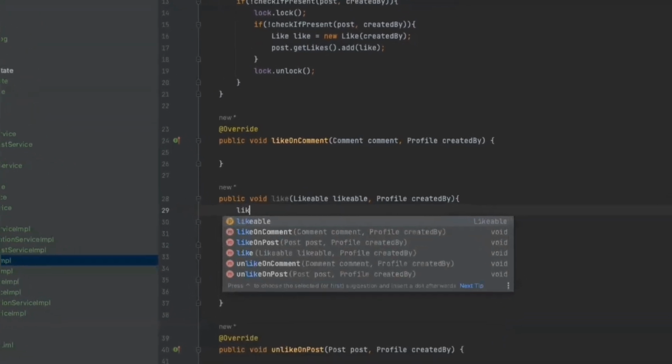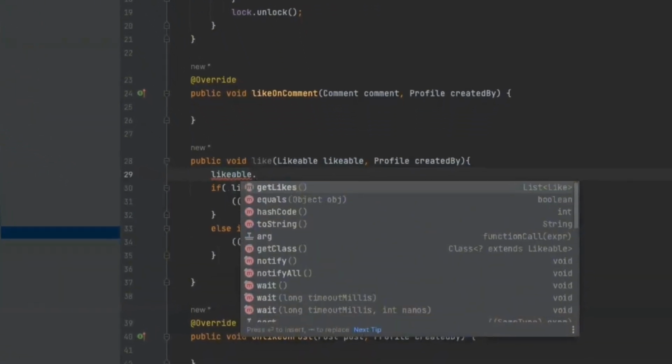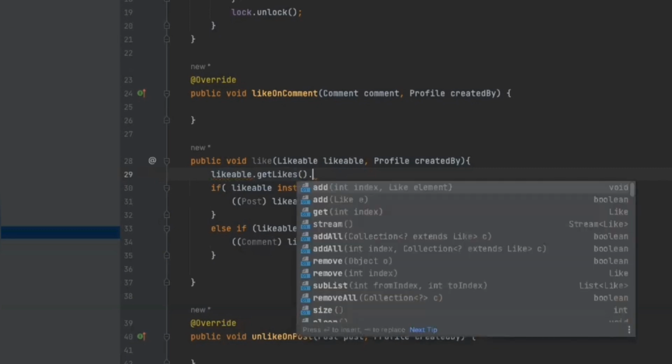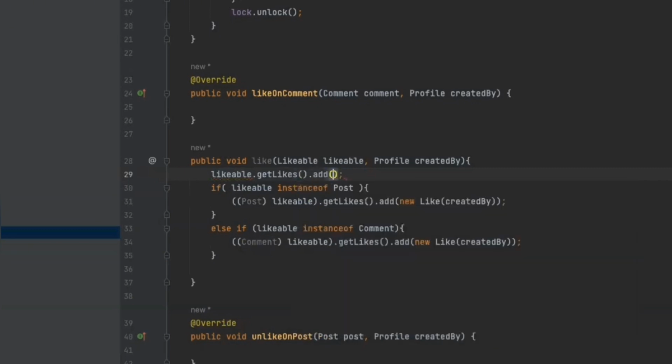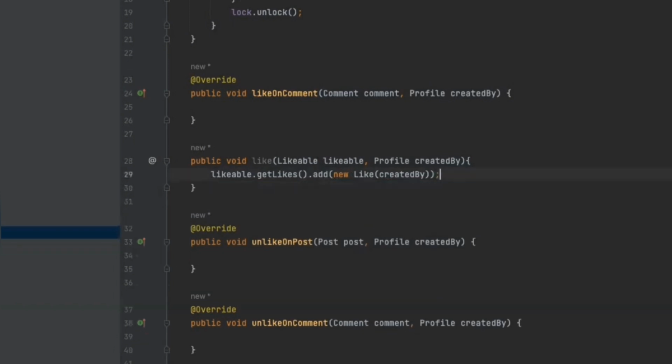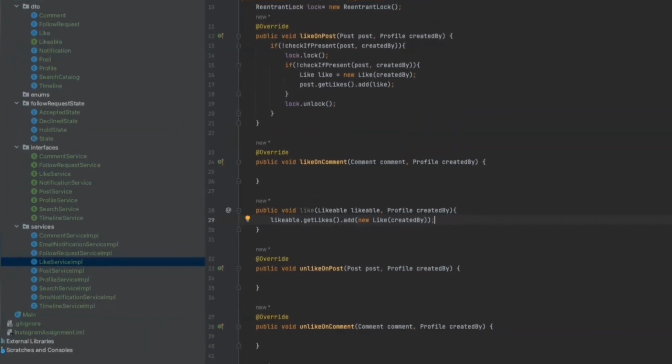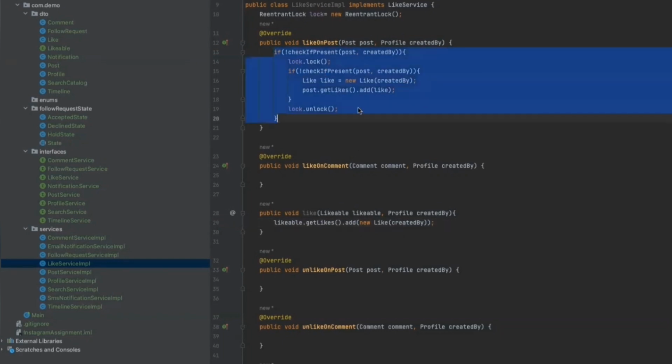Simply likable dot get likes dot add, and just add this new like. There's no need for this if else block. And going forward, let's say if reels come in, you just have to make it implement likable and you are done. You should check if it is already present or not. So this should be there.